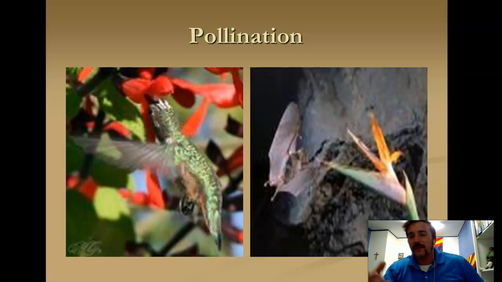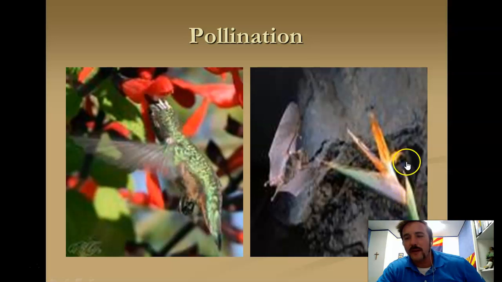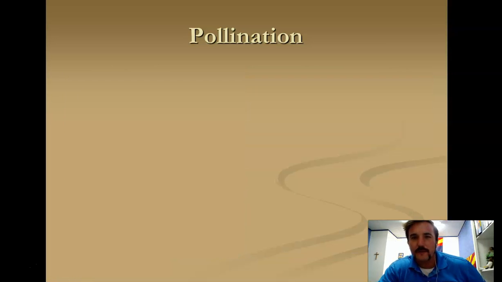So, if you ever heard the term nectar in a flower, which a lot of animals are going and trying to eat, that's the sugar that they make. That's the food they get to eat. And yes, it is sweet to an animal, and that's why they like it. So, this flower right here has nectar at the very, very bottom, which they purposely do. Because if you remember here,